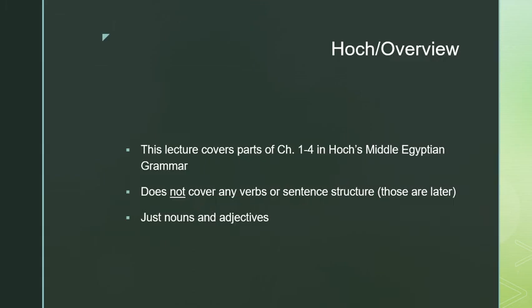Just to give you a general sense of what we're doing, now that we're actually covering the grammar, I'm working out of Middle Egyptian Grammar by James Hoch. It is one of 2 modern grammars, i.e., published in the last 20 years, of Middle Egyptian that's out there. I guess technically it's a little more than 20 years. My edition is 1997. But I'm altering the order a little bit into a way that I think is better